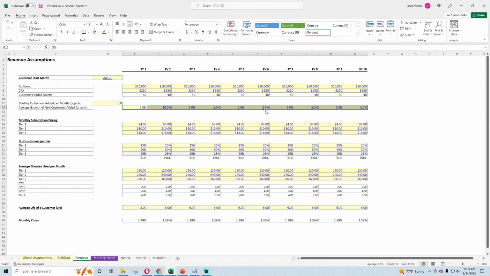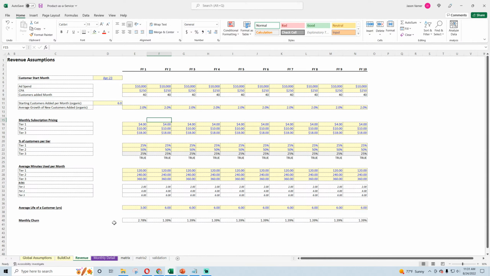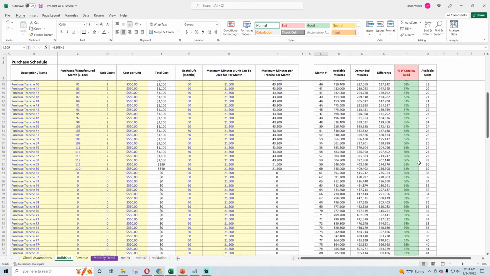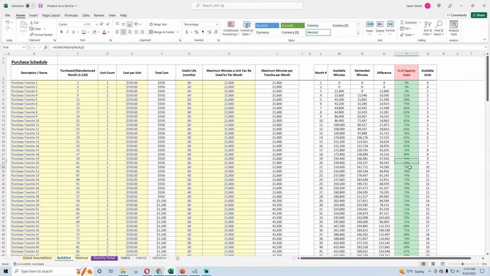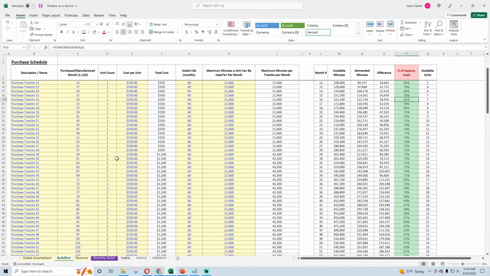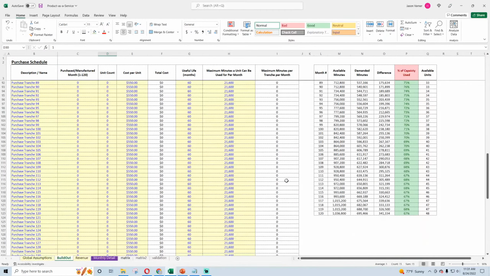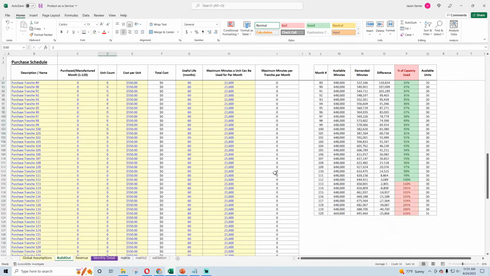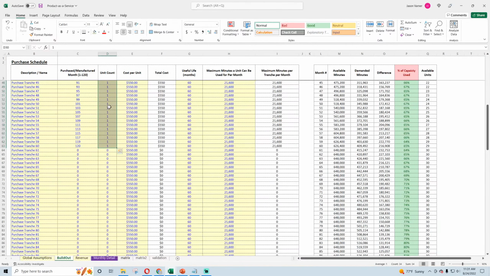This one here, let's put this back down to say 2. That might be enough actually. Yeah, so if we had that growth rate at 2, you can see we're actually in the green the whole time. We hit, what, 80% here, 80, 60s. So we don't actually need as many. We can go 1 here for a while longer. Let's go 1 all the way down. Does that work? Nope. We barely hit it in month 113. So in 113, we need to buy a couple more or have a couple more deployed.